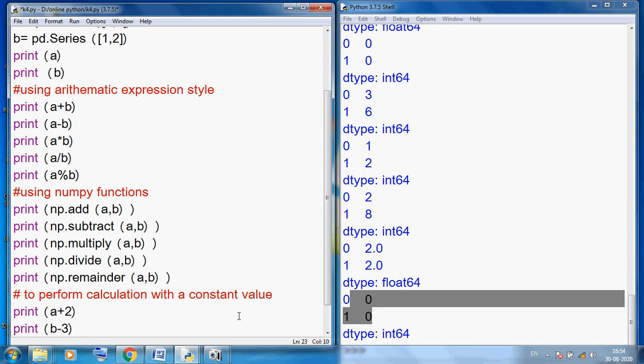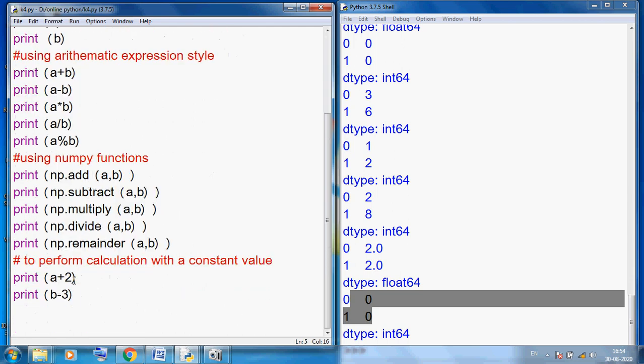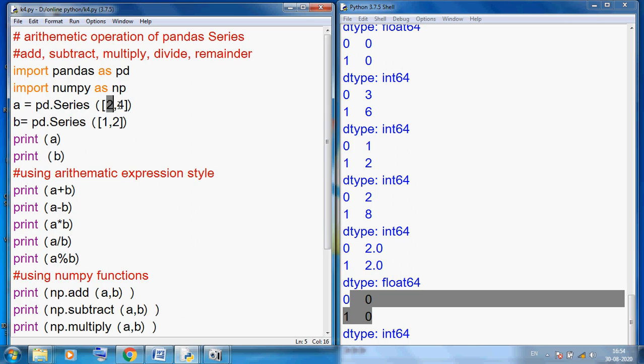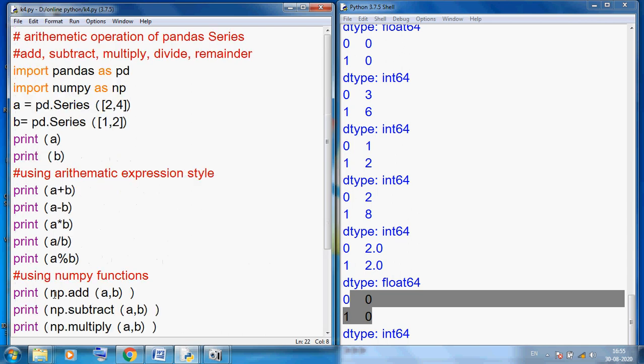So we can directly perform it: the pandas series values are 2 plus 2, 4, and the second value is 4 plus 2, 6. All the values of series A get 2 added, one by one, and for B the values are 1 and 2, so 1 minus 3 and 2 minus 3.